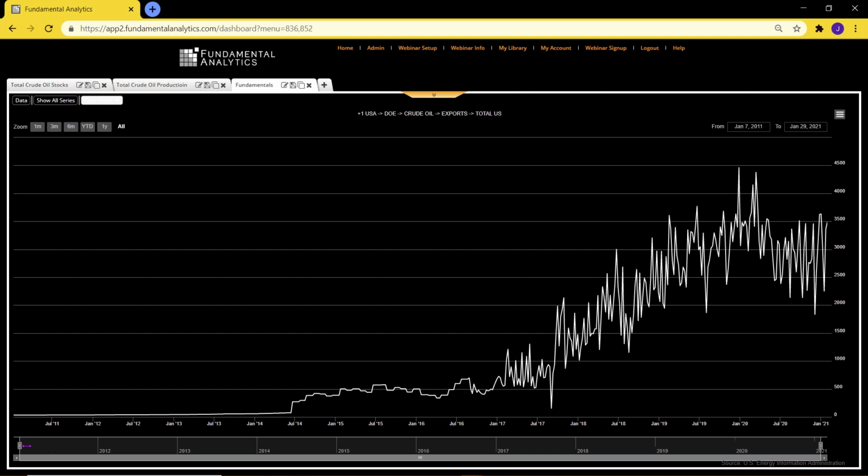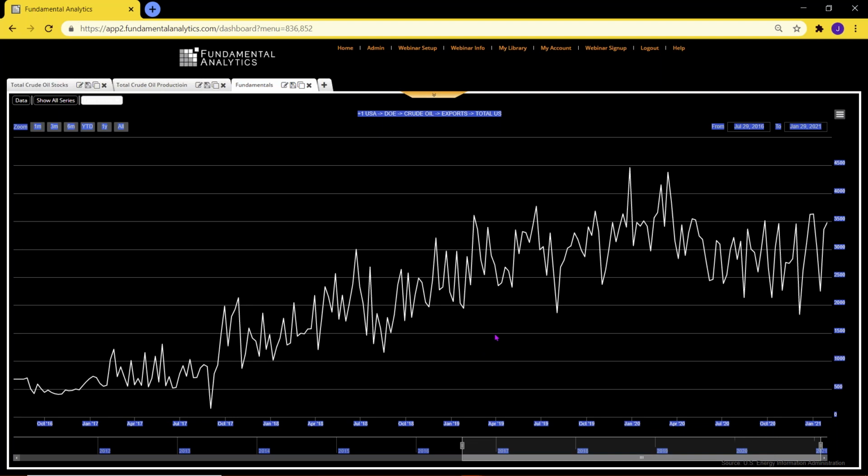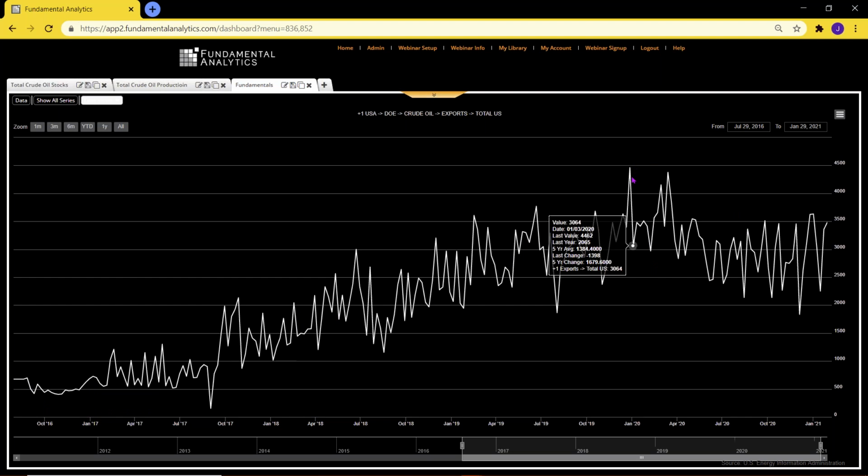And I can squeeze this in to focus in on our exports. And we see that exports had gone from roughly 500,000 barrels a day to as much as almost 4.5 million barrels a day. And it's again come off in part due to COVID, but we are increasing a bit on the exports. And there is expectation that in the next few years, the U.S. will be one of the swing players in terms of supplying the world by exporting domestically produced crude oil this way.